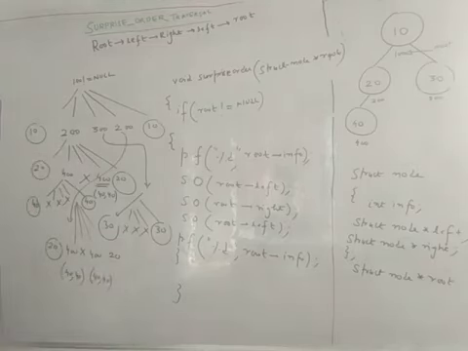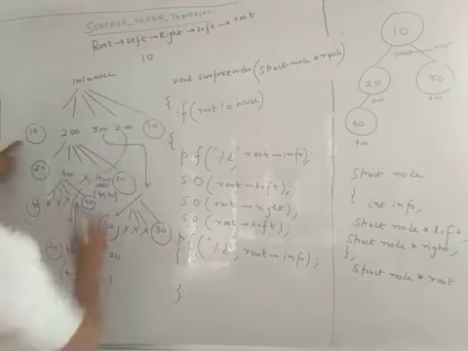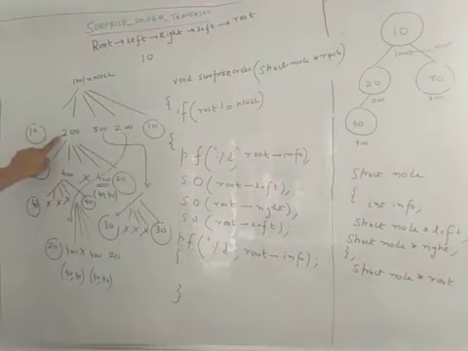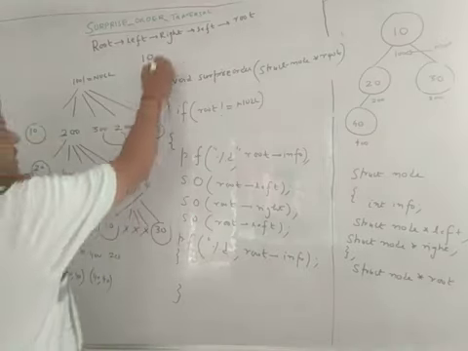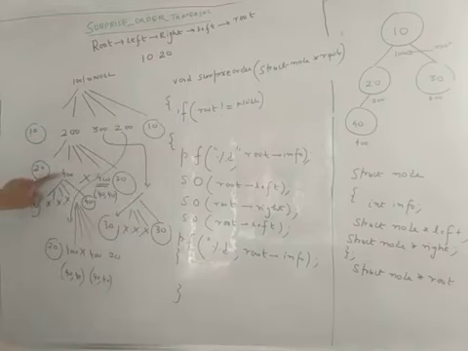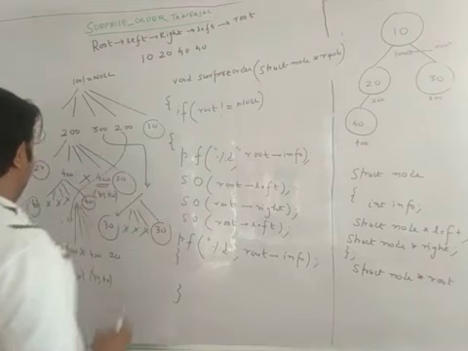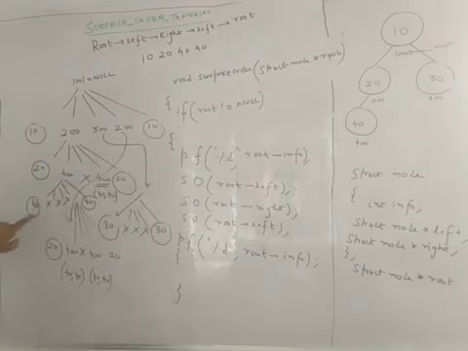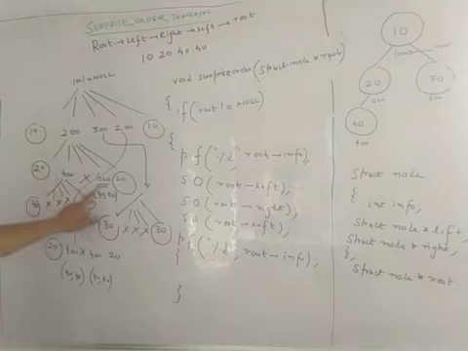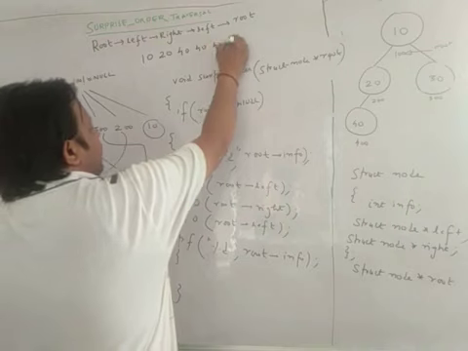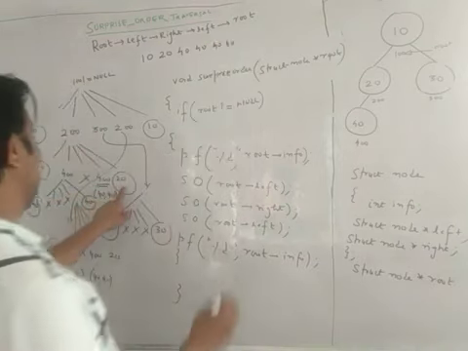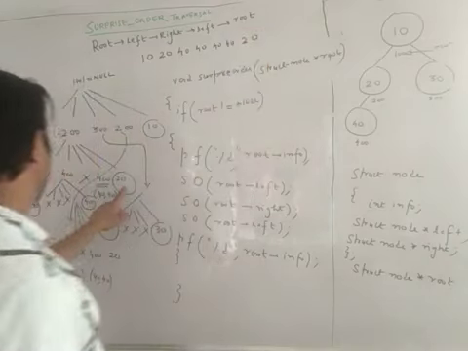So what is the final output for this code? The first thing that is getting printed is 10, so we are writing 10. After 10 we are solving this function 200. When we solve this 200, the first thing coming is 20, so after 10 we are printing 20. After 20 we are moving to this function 400. When we solve 400, we get 40 and 40, so we write 40, 40. Then after this, 400 is coming again, so we are printing again 40, 40. After this we are getting 20, so we print 20.